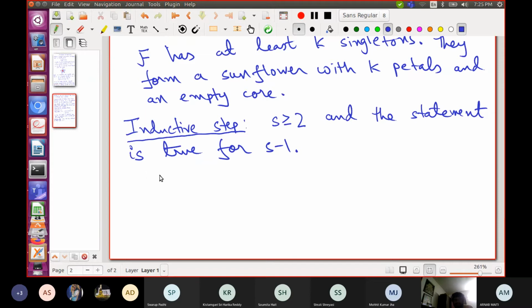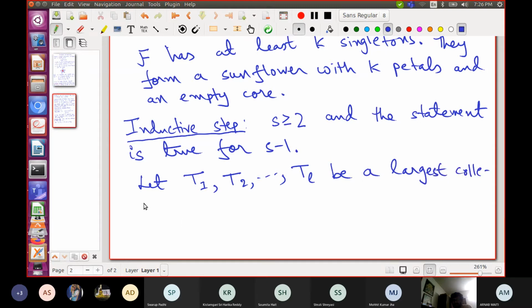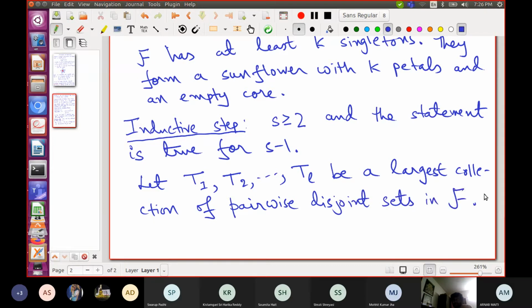So now let's consider a largest collection of pairwise disjoint sets in F. So it's T1, ..., TL in F. So this largest is not very crucial.